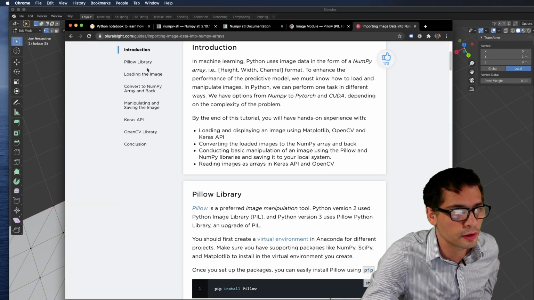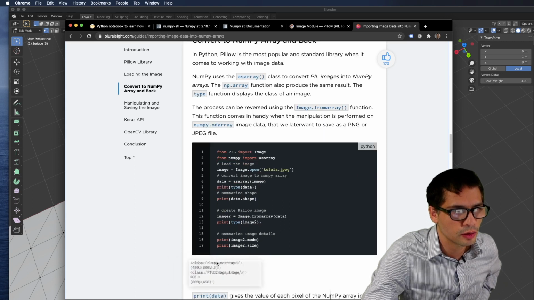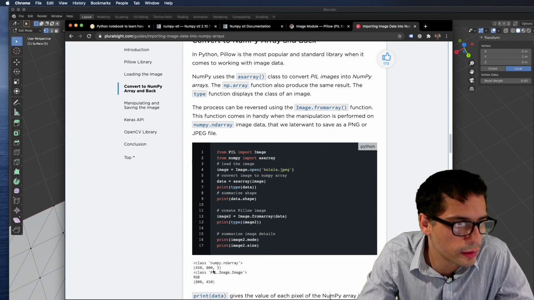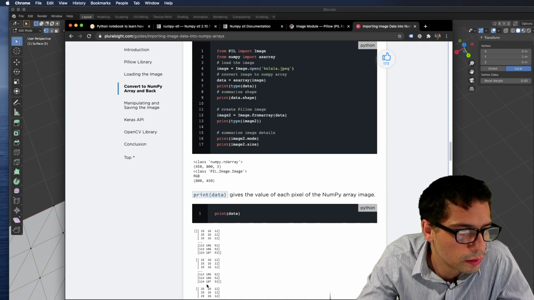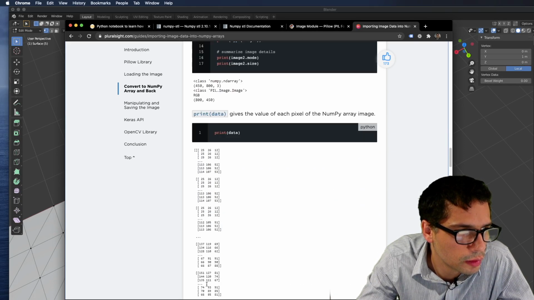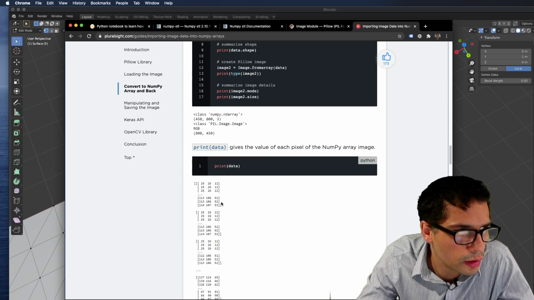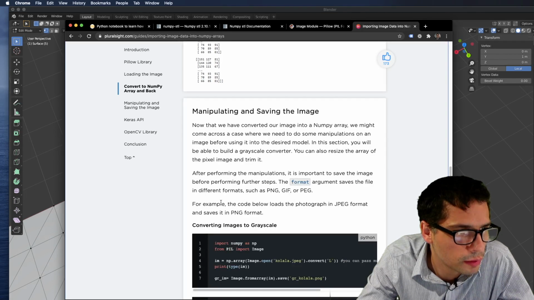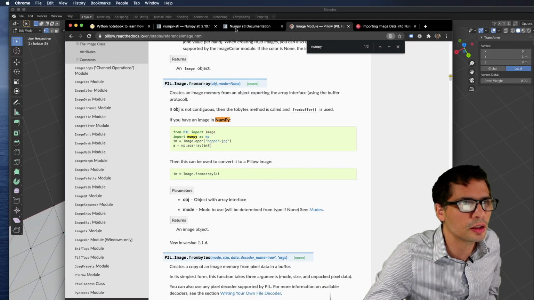So the same function I used. In this case, the array has 3 coordinates. Oh, this one looks okay because there's three colors, right? I was expecting only one.